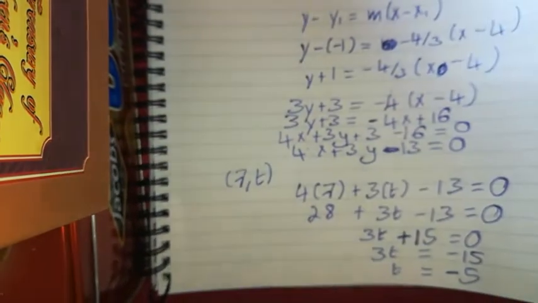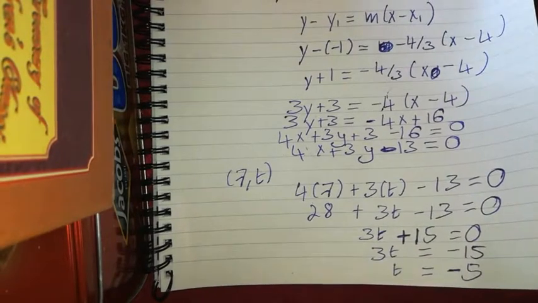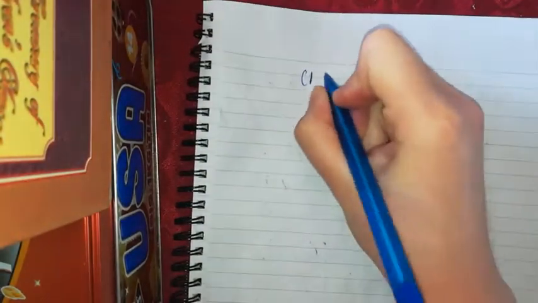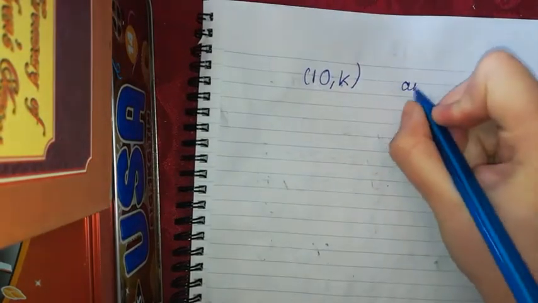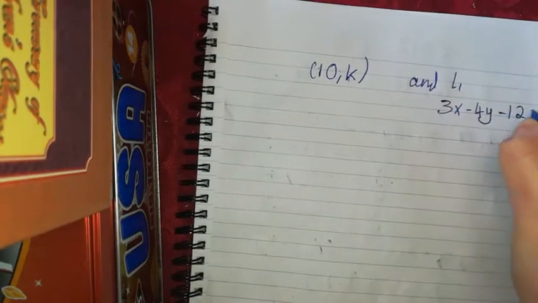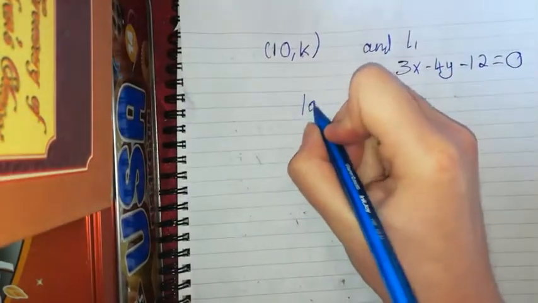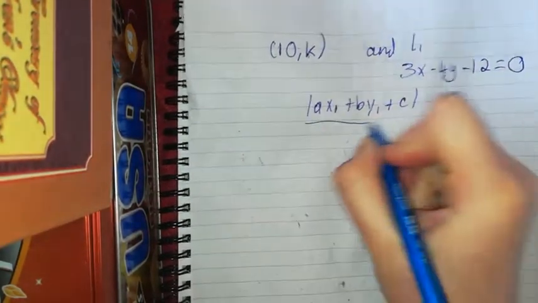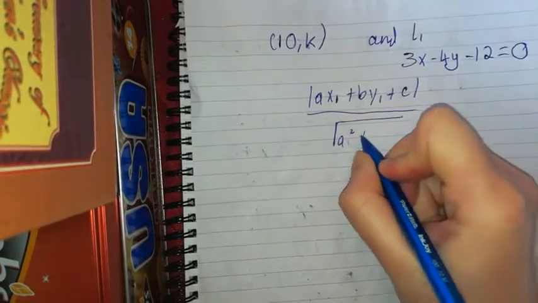So now we have our value for t, and now it says find in terms of k the distance between the point (10, k) and L1, which is 3x minus 4y minus 12. So that's the perpendicular distance from a point to a line. If we get it from our log tables on page 19, it should also be in your book: the absolute value of ax1 plus by1, plus c, all over the square root of a squared